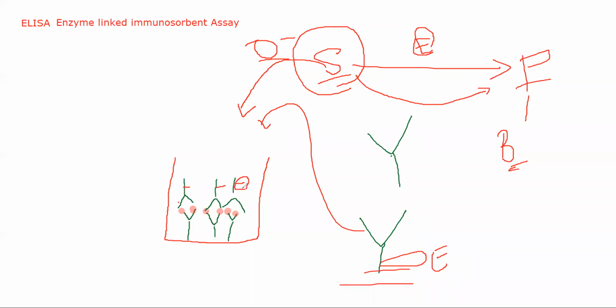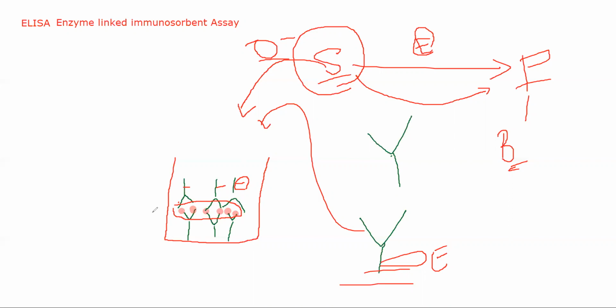Depending on the intensity of color, I can calculate the number of antigens that were present. The more antigens that were present, more enzyme linked antibodies will go and attach, and the more intense the color will be. Okay? Same on the opposite side, if there are less antigens, less antibodies will attach, less the color. Whatever substrate I'm giving, it will convert in color, but the color will be more mild. Versus if more number of antigens are present, the color will be more intense.